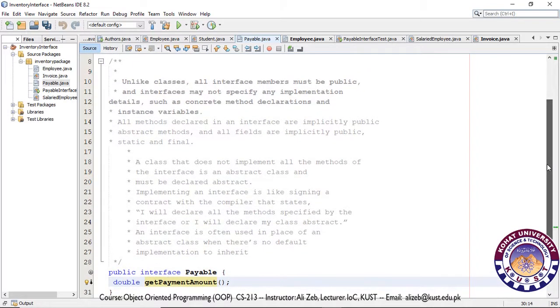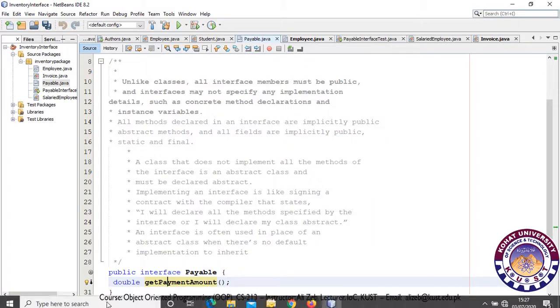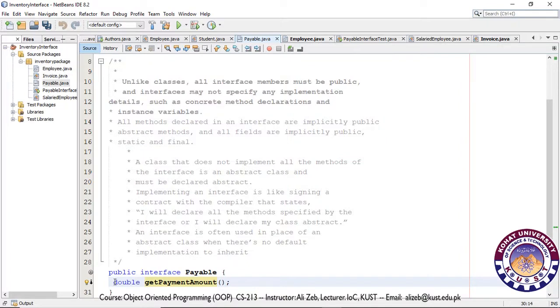So if you go through these details, unlike classes, all interface members must be public. So this is implicitly public. That's why we haven't mentioned any public keyword with it. And interfaces must not specify any implementation. We are not specifying any implementation details over here, such as concrete method declarations and instance variables. So there is no implementation detail for this method over here. All methods declared in an interface are implicitly public. So it doesn't make any difference if we write a public keyword with it